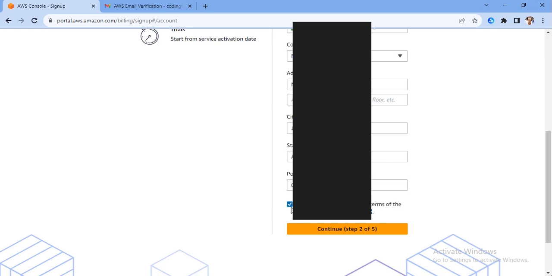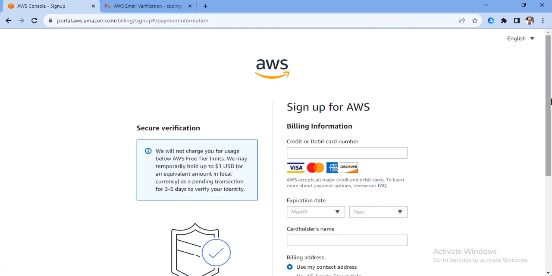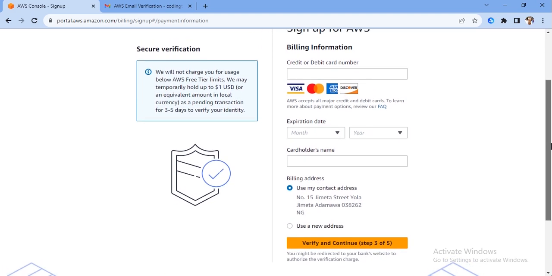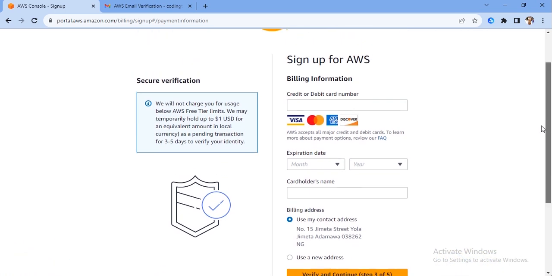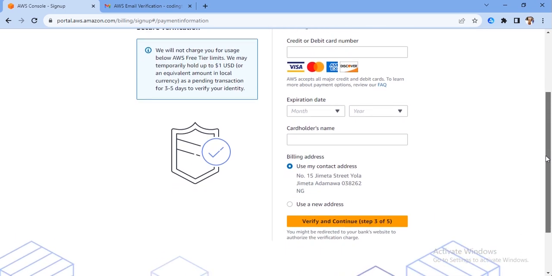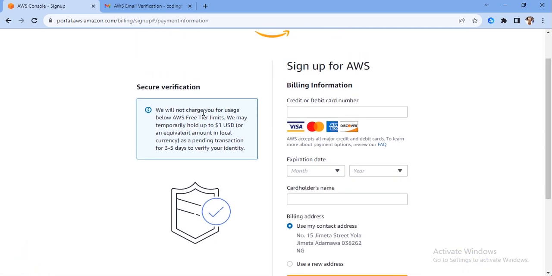So I have read and agreed to the terms. Now let's go to step 3. Okay, here we will add the detail of the card. So we will add the billing information card. Here it is written, we will not charge you for usage below AWS free tier limit. We may temporarily hold up to $1 or equivalent amount in local currency depending on the transaction. So now let's add the